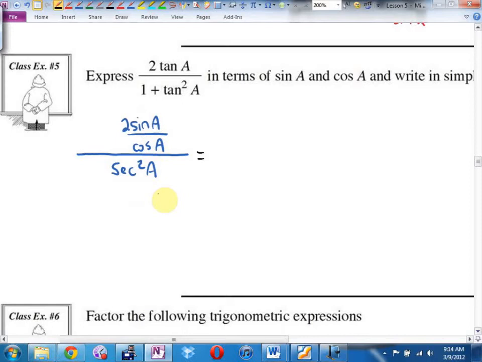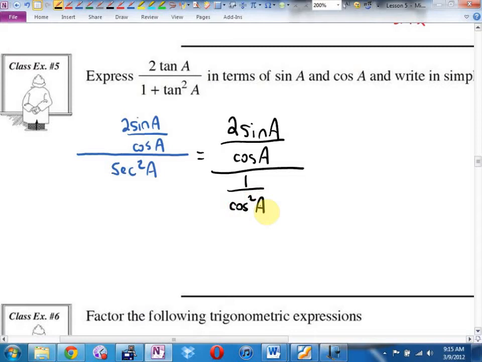Secant is what over what? 1 over cos. So what would secant squared be? 1 over cos squared. So the top is still going to be 2 sine A over cos A. The bottom is going to be 1 over cos squared A. Oh, ha. Do I have one fraction over another fraction? How do I divide by a fraction? So this is going to be the same as 2 sine A over cos A times cos squared A over